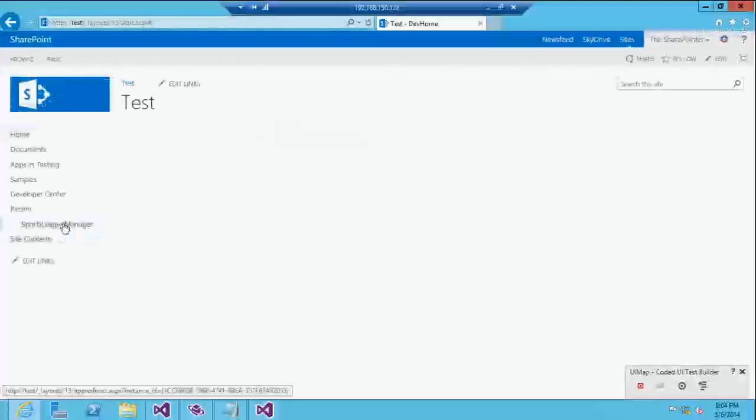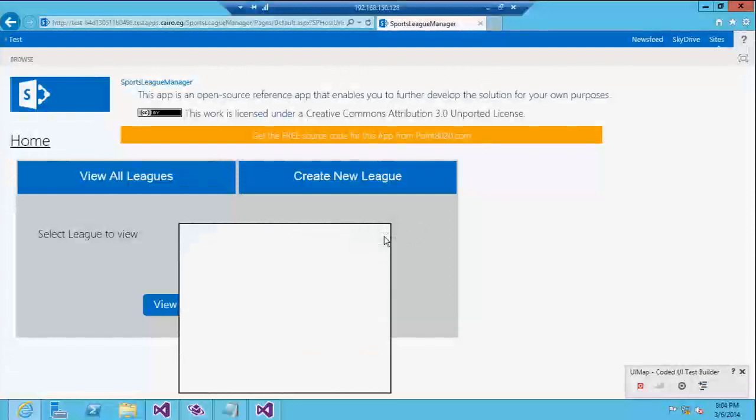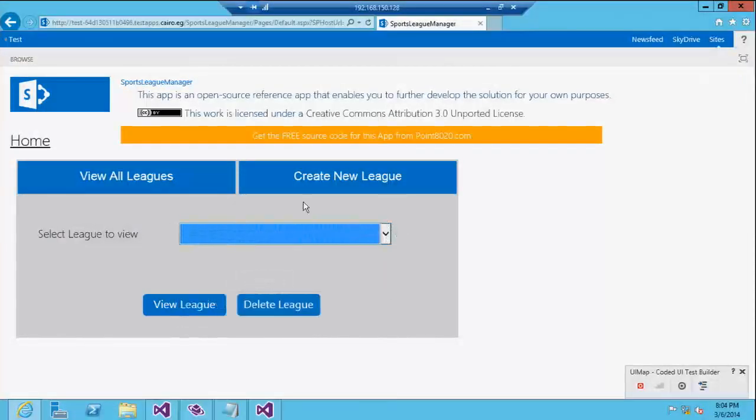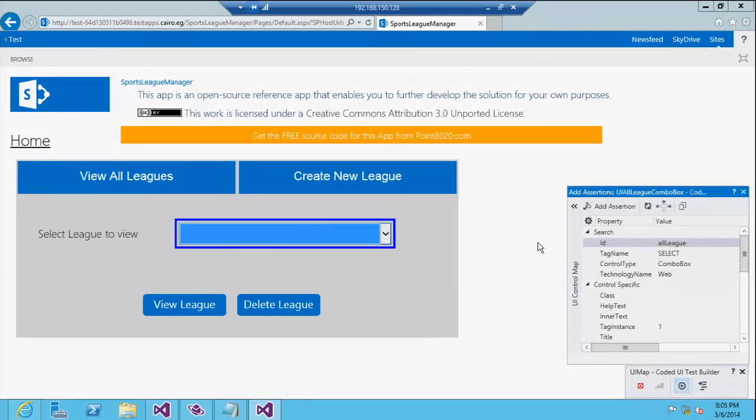I need to make sure now that this combo box contains the added league. So I'll use this crosshair tool in Microsoft coded UI test builder, select the control that I want to validate, choose the property, which should be inner text.